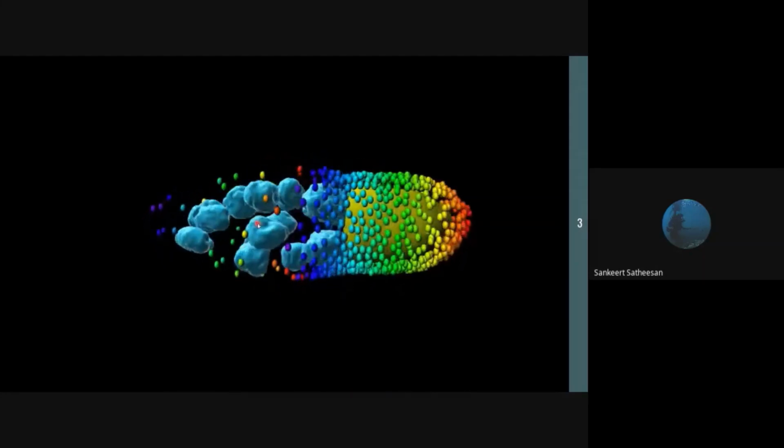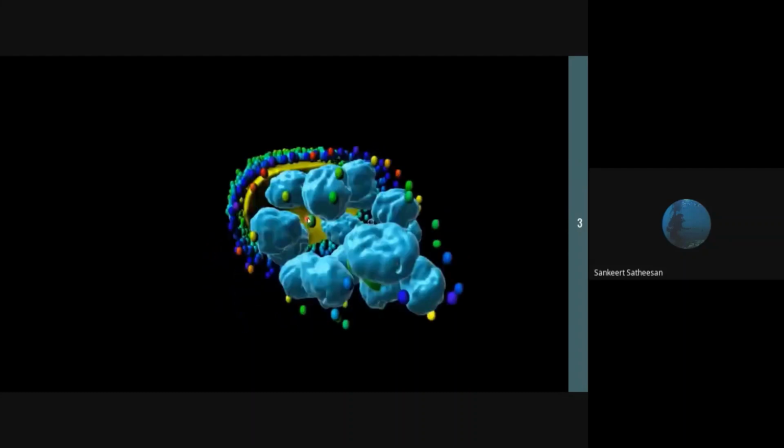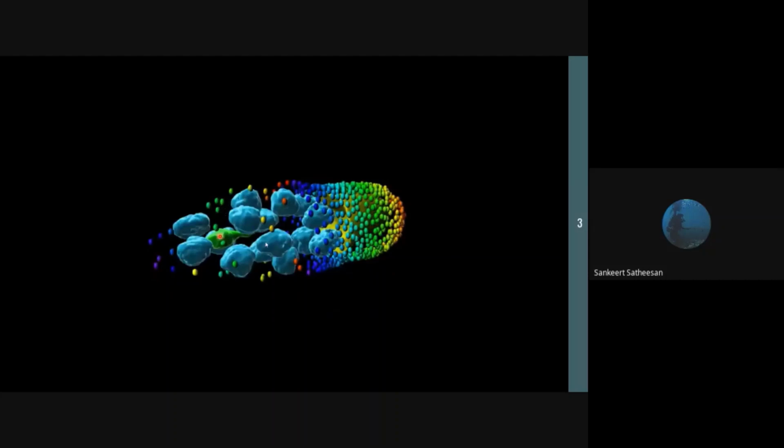So now here there is no border cell, so let's put the border cell. So here you can see the border cell cluster in green. So now let's see what I was mentioning, the microenvironment. Regarding the microenvironment, you can see that it is fully covered in this nurse cell microenvironment, and here also in this surface plot it stays in the center only.